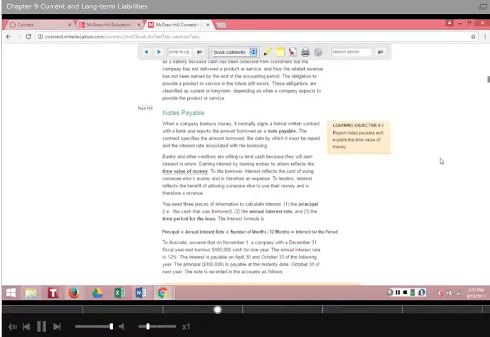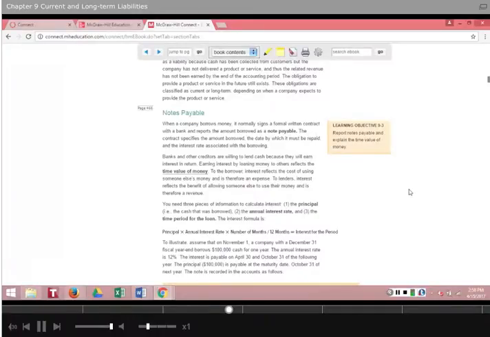Notes payable can either be long-term or short-term, so they can fall under both current and long-term liabilities. But a note is a formal written promise to pay, including interest. And over time, the principal plus the interest has to be paid. And typically the interest is stated as an annual rate, and it would be affected by the length of the